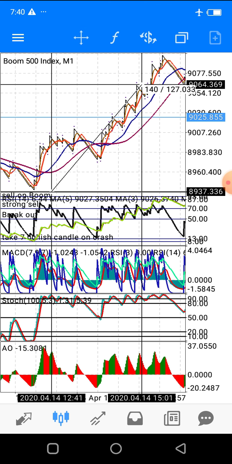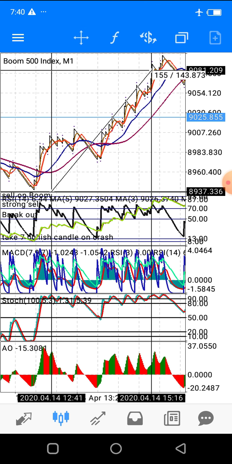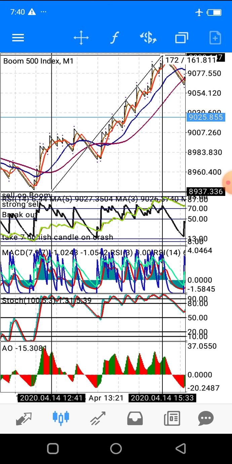Use it to draw to know. Look at it at its 140. Anything at its 150, my dear, you are not in any way trying to lose. This is 156. It sold. Even in 170, that was where the big reversal started coming in. Apart from this reversal which I'm telling you about, if you look very well, on this second side,